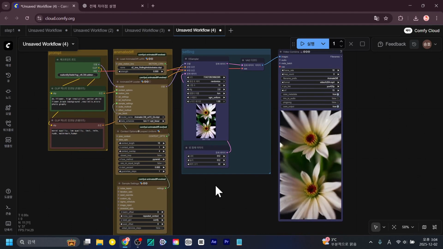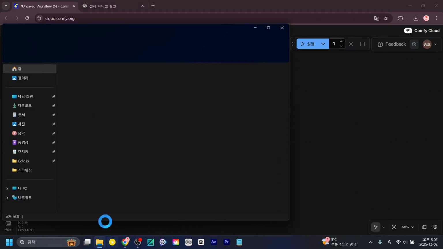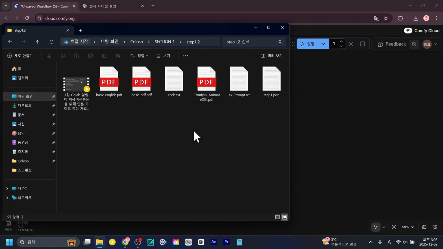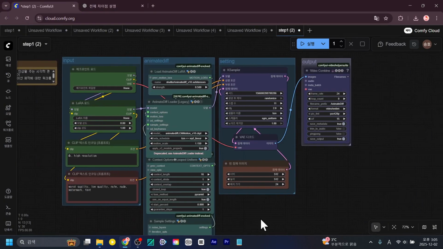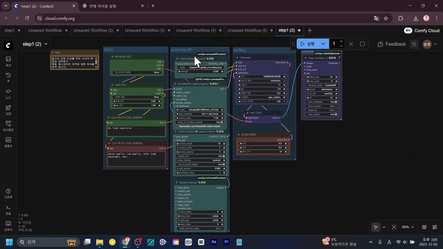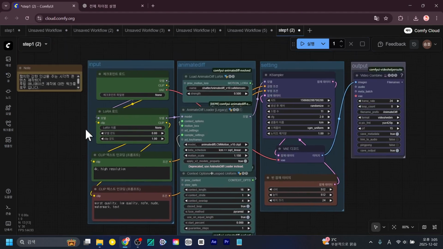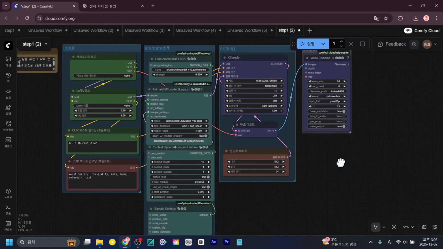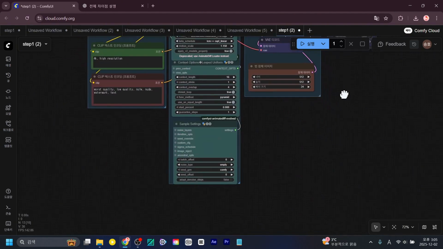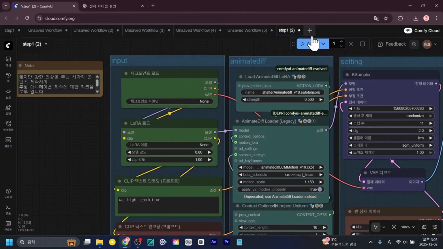Next, I'll show you how to modify the workflow from the previous lectures. The reason is most people have a workflow and work with it, but the problem is they can't make modifications. For example, let's say you brought in the Animate Diff Media Art workflow after the class. But this is on the cloud, right? On the cloud, the checkpoints and all the settings are different from what you do in Colab, so you have to set everything up again, right? So if you just try to run it as is, it won't work because there are no checkpoints or models.